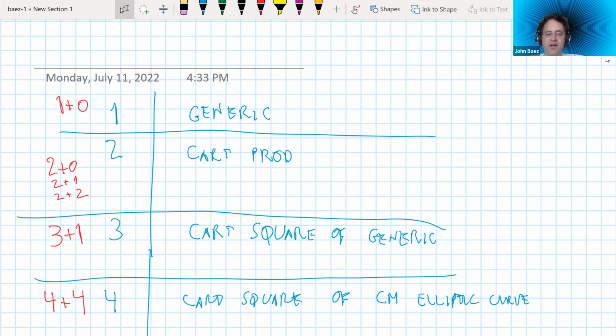So the square of the Gaussian elliptic curve will have a bunch of automorphisms. You can think of it as the group of invertible 2x2 matrices over the Gaussian integers. I don't even know what that group is. That's some finite group. But you can pretend that the Gaussian integers are just the complex numbers and get this larger thing. Okay, that's what you want to instantly do. Yeah.